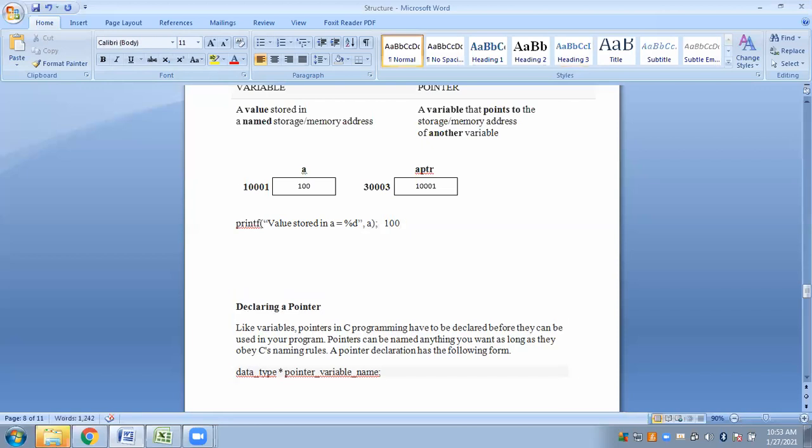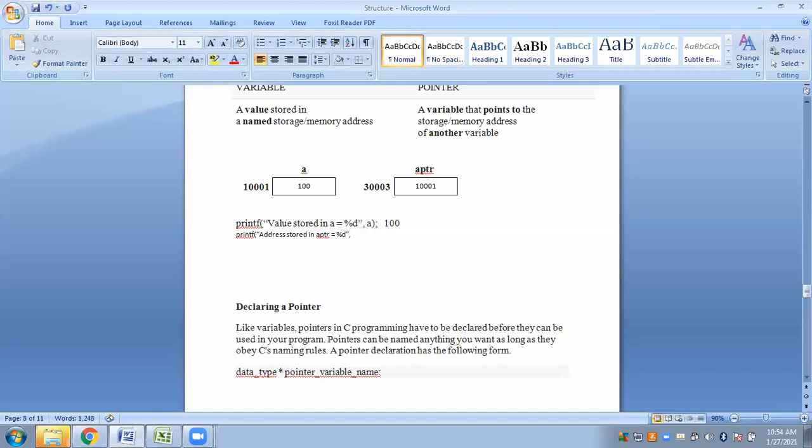Now suppose you want to display the address. I will write two different statements. Address stored in aptr is equal to percent d.